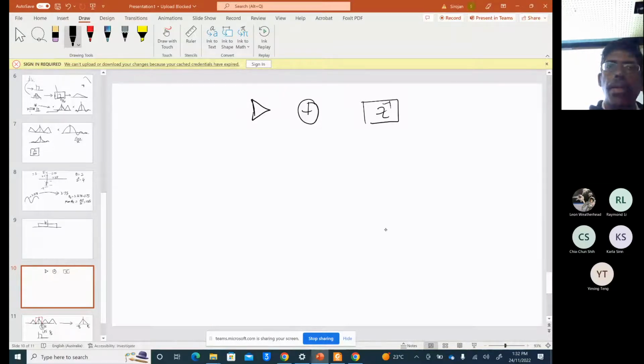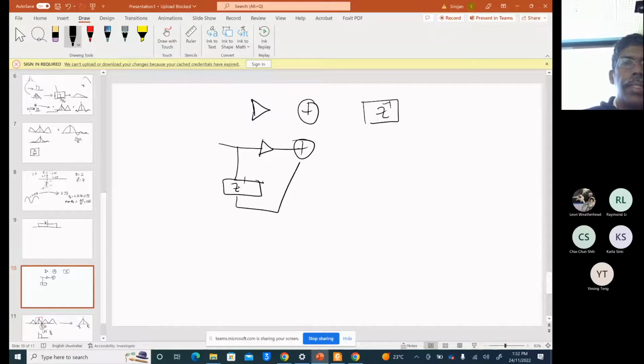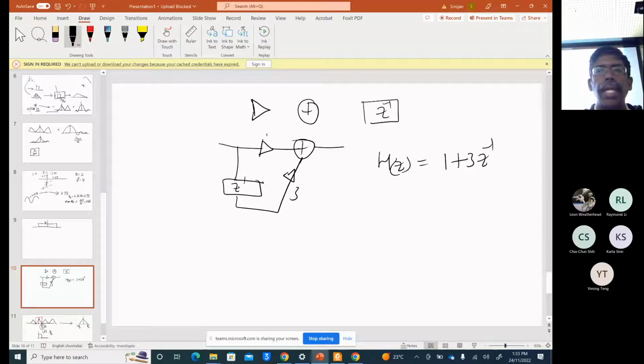So for example, any system you can represent. This is the delay element. So what is the equation for this one? It's equal to, if this is 1, 1 plus 3 z to the minus 1. Okay, so likewise you can write all the system equations, and the system is classified as